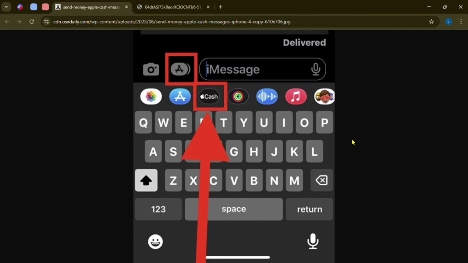This video will be your guide on how to transfer money from iPhone to iPhone. First is to open the Messages app on your phone and start a conversation with the person you want to